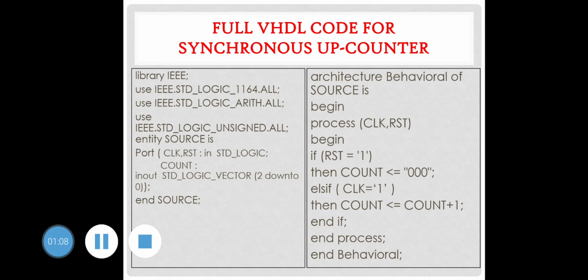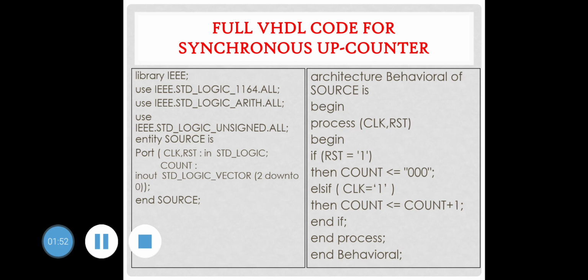As we know the concept of the counter, the initial state of the counter is 000. Therefore the count is assigned 000 as the initial state, and as the clock is given, the count will get the next value, that is 001. Then again if the clock is given, it will get the next value, that is 010, and so on. When the last value of the 3-bit counter, that is 111, is achieved, it will again move to 000, and the counting 000, 001, 010 will go on.